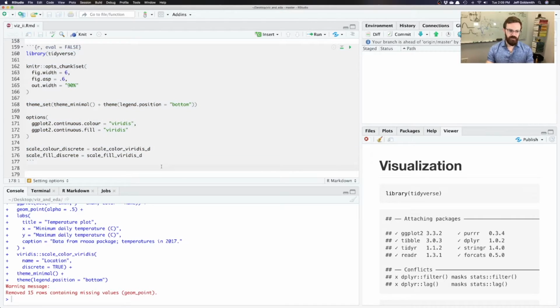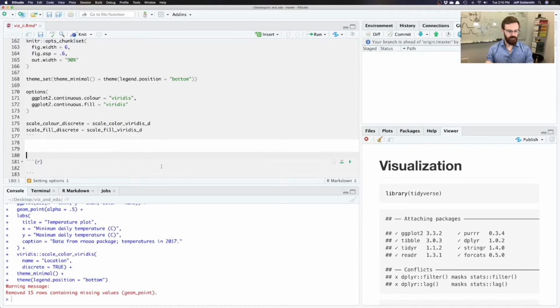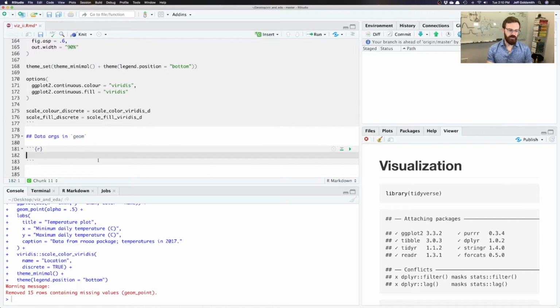All right, so from here we're going to take a look at a couple of things in ggplot that aren't exactly scales, and they aren't exactly themes, and they aren't exactly anything else. I'm going to make a couple of notes about things that you can do in ggplot that you might not have seen initially, and that sometimes can be helpful to know. So in particular, what I'm going to do is look at data args in geoms. All right, so what do I mean by this? I'm actually going to start with a really contrived example here,